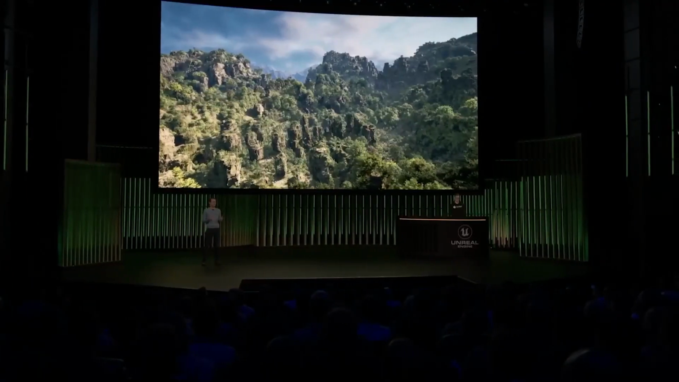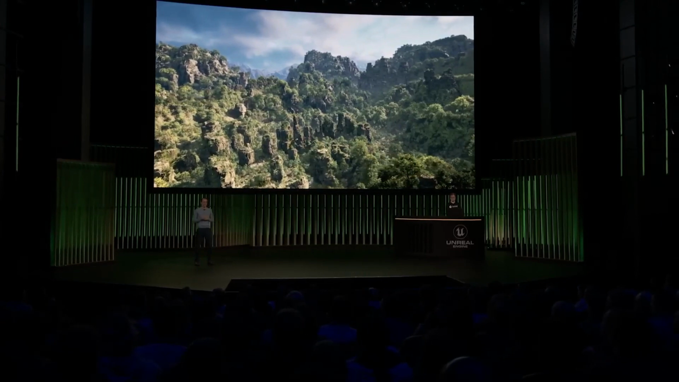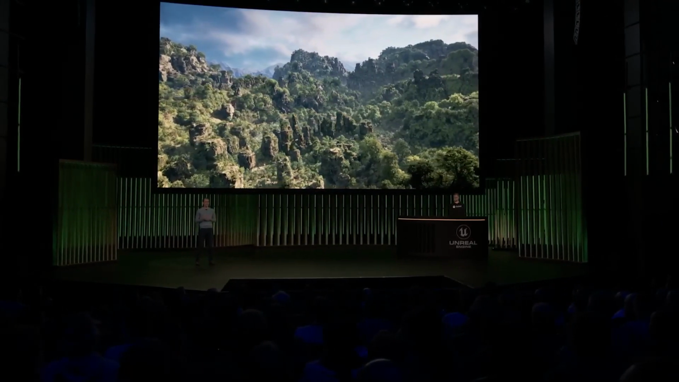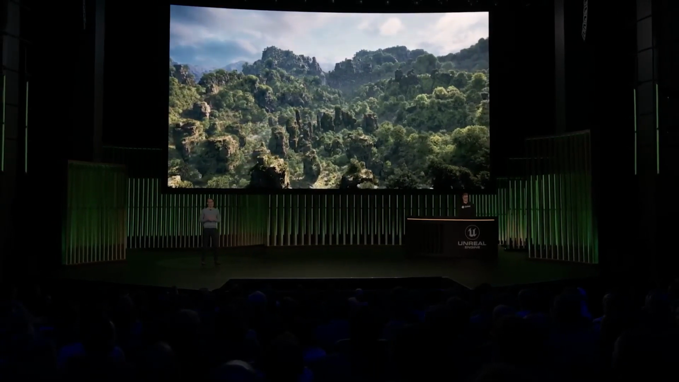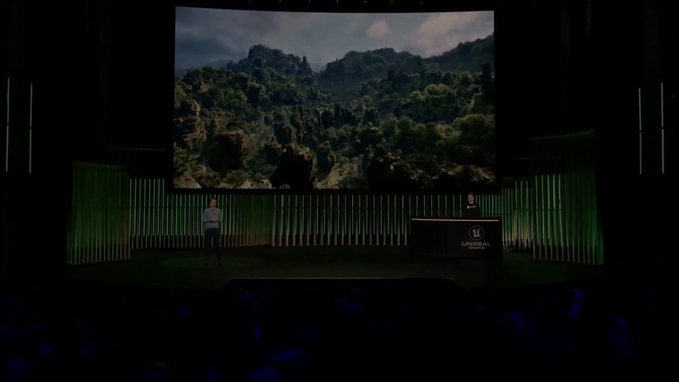And everything you've seen here is running in the Unreal Editor in real time on a developer machine with an Intel 13900K CPU and NVIDIA RTX 4090 GPU. So Jacob,